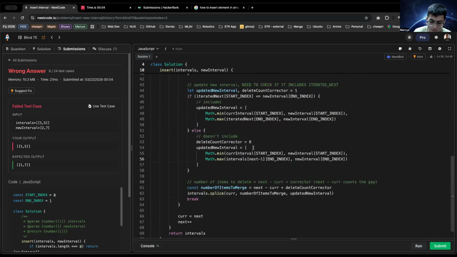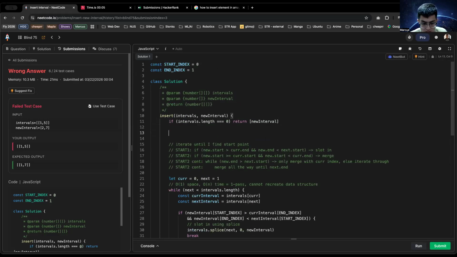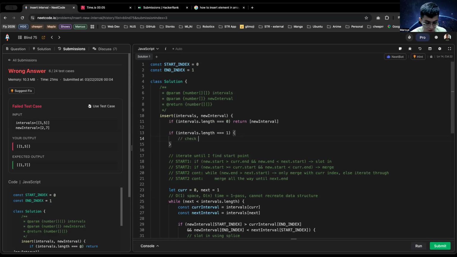The edge case. Another edge case. Intervals dot length is equals to 1. Check if need merge, else append